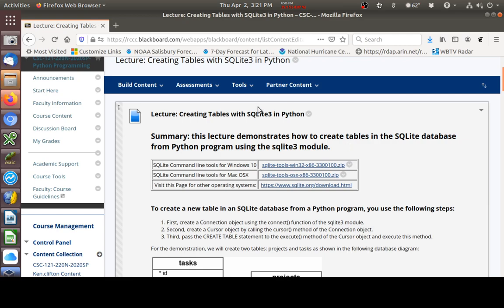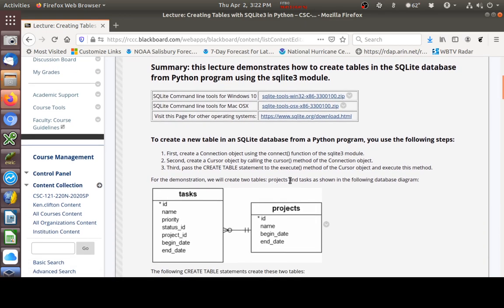In this lecture we're going to see how to create tables with SQLite and Python, and specifically I'm going to create them with the Qt library instead of the SQLite library. So before we get started with this